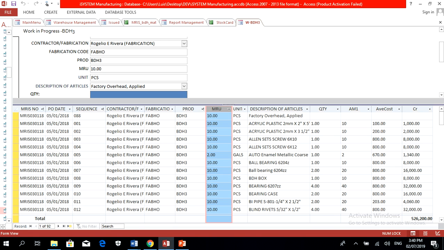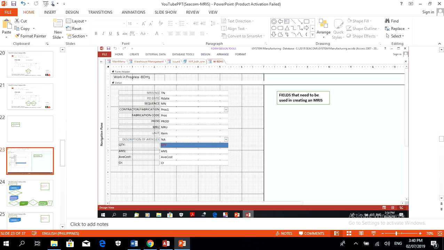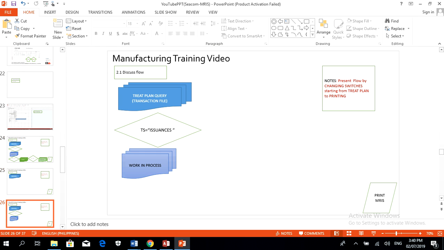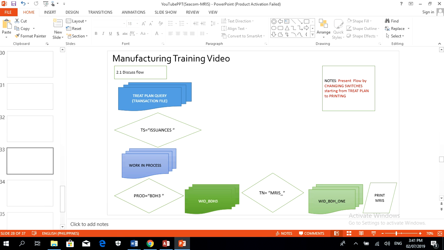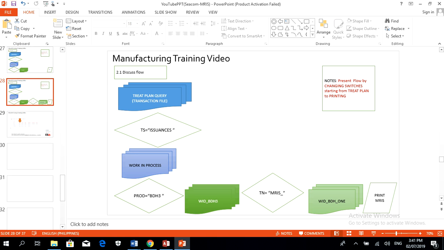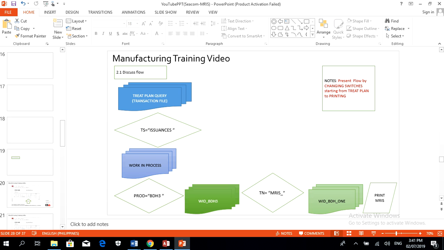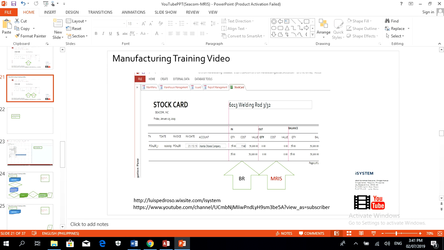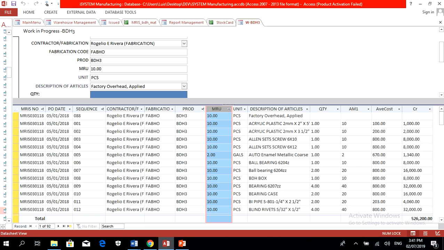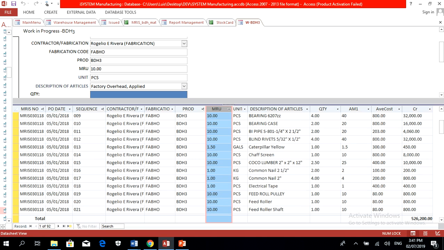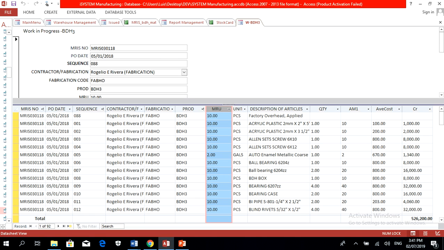MRU defines the number of your orders. Alright, so MRU is the order coming from the head office. Let's say for this particular